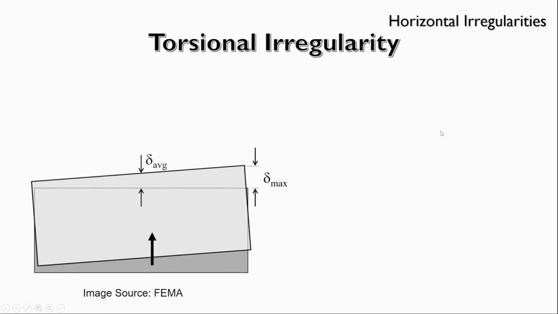So, what is a torsional irregularity? As you can see, if we have a horizontal irregularity, during an earthquake our structure will also move, will also rotate. It does not just move in the orthogonal directions, north-south or east-west, but it can also rotate. So this rotation will determine if there is a torsional irregularity, and according to the NSCP, torsional irregularity is defined as something,